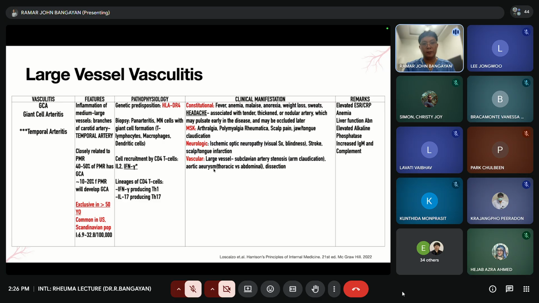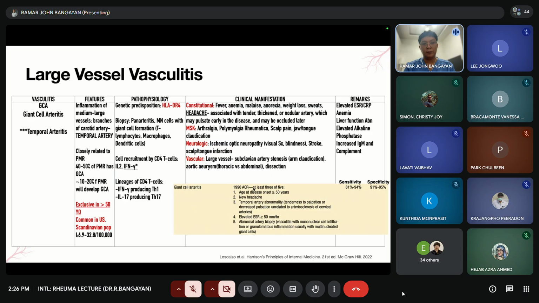Other symptoms could be non-specific, such as arthritis, arthralgia, polymyalgia rheumatica, scalp pain, jaw claudication, or even stroke, or even larger vessel involvement such as your subclavian, even aortic aneurysms and even dissection. But what's important to remember here is that headache and involvement of your temporal artery, a pulsating temporal artery, can present as a stroke or even ischemia in your eye vessels. Okay? So laboratory findings are non-specific. What you have to do is do a biopsy of